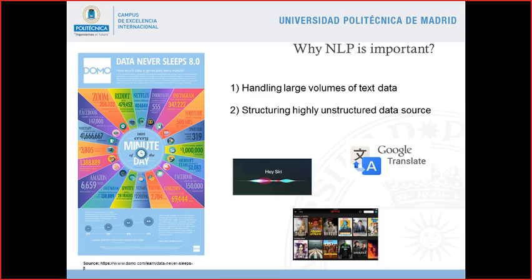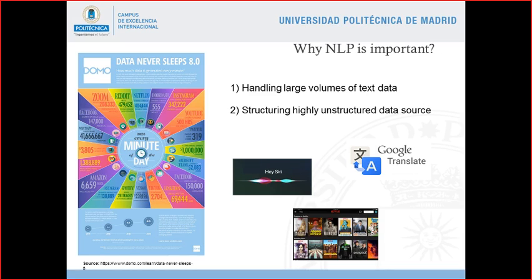And here, with the techniques of natural language processing, we are going to obtain, or we try to obtain, the most important data from this text, structure it and save this information into databases. Then we will have structured information, and it's easier from the point of view of a computer to process this structured data.